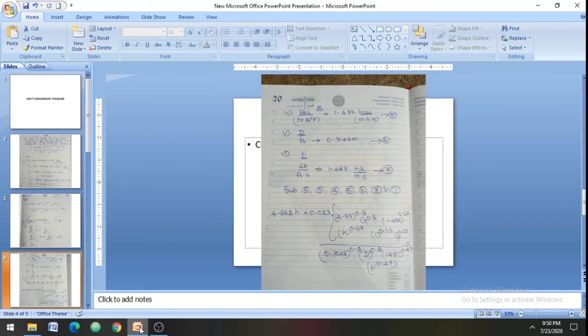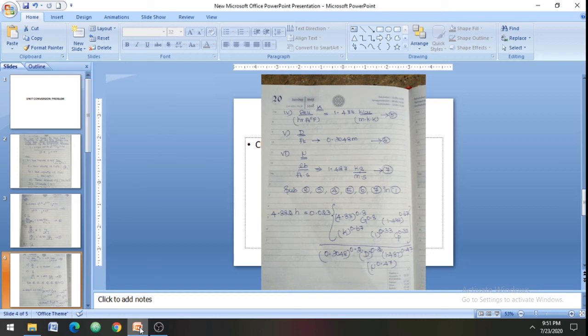Next one, thermal conductivity. The thermal conductivity unit, BTU per hour foot degree Fahrenheit, is equal to 1.488 kilocalories per meter hour Kelvin. So you see here the BTU is an FPS unit; BTU in terms of kilocalorie is the SI unit. Hour, no change. Foot becomes meter. Degree Fahrenheit in SI unit is degree Celsius or Kelvin. Okay. Then D is in foot. 1 foot is equal to 0.3048 meter.